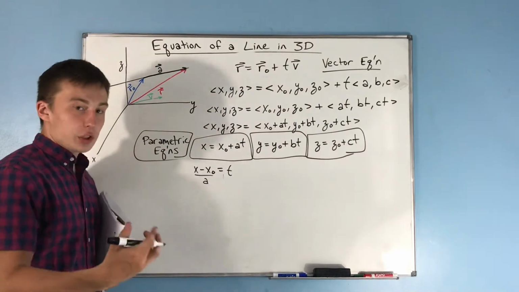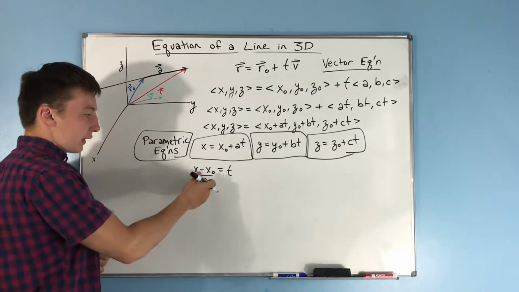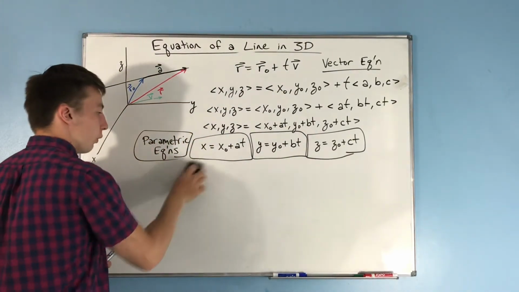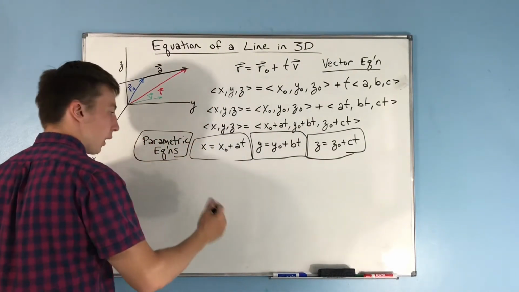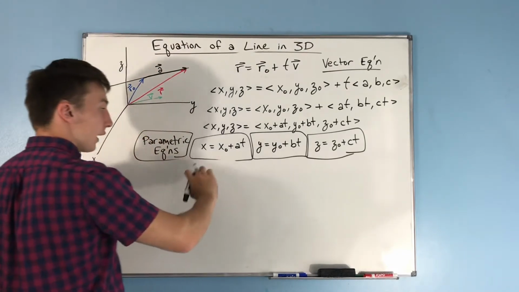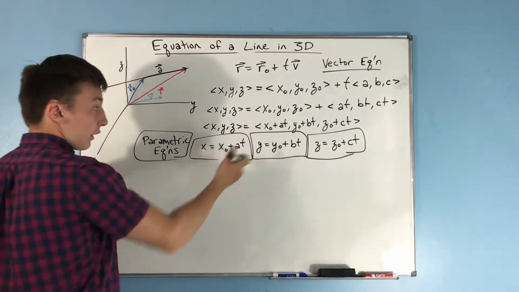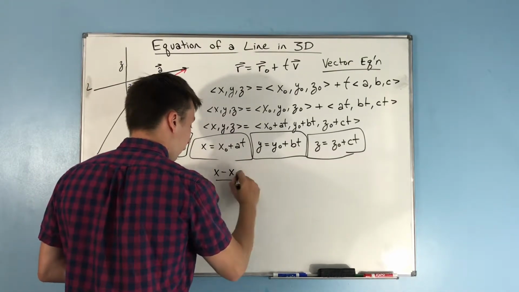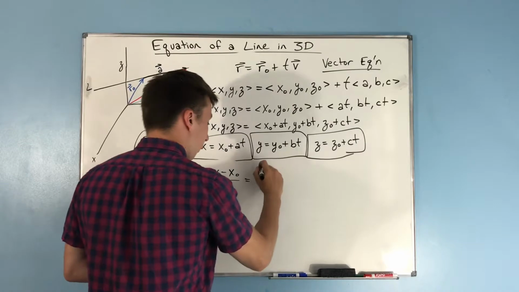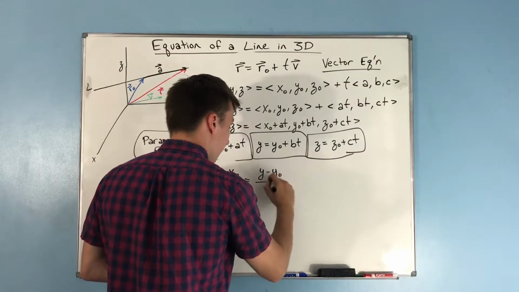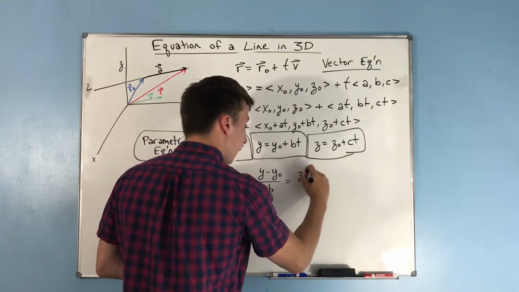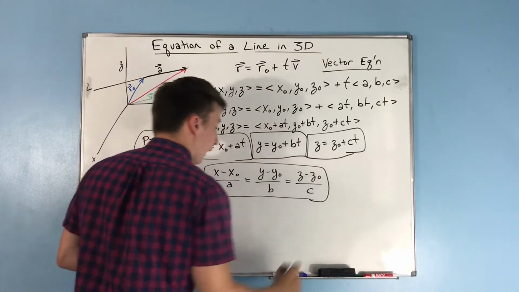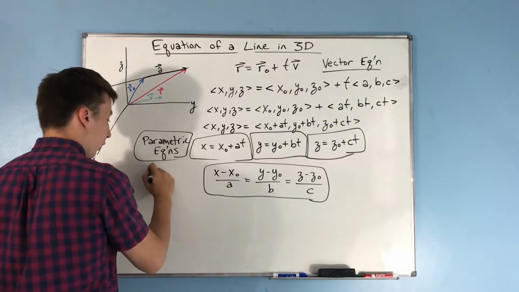And so I don't bore you, this is going to be the exact same thing for the y and z equations. So we get our next equation by setting all of them equal to each other, because they're all now going to be equal to t. We get that x minus x naught over a equals y minus y naught over b equals z minus z naught over c, and this is our final type of equation called